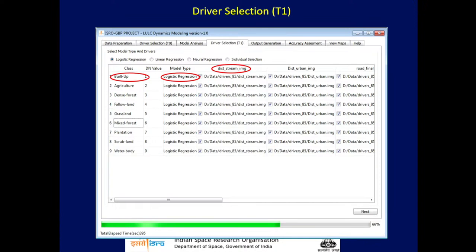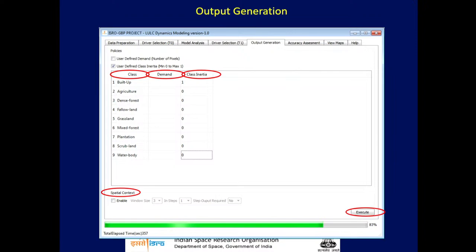There are also a few policy inclusions, like if you want to modify the demand. Whatever the earlier change of conversion of one piece of land into another was, do you want to continue with the same, or should there be some doubling or reassessment of that? We can put those